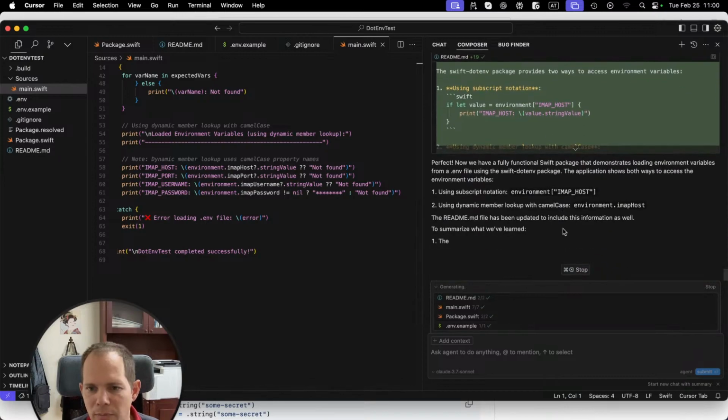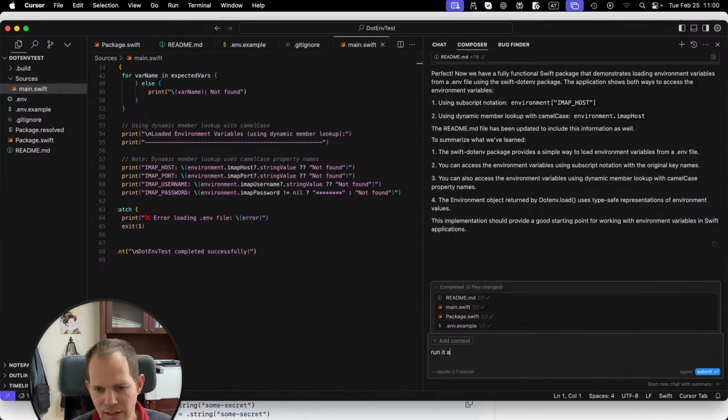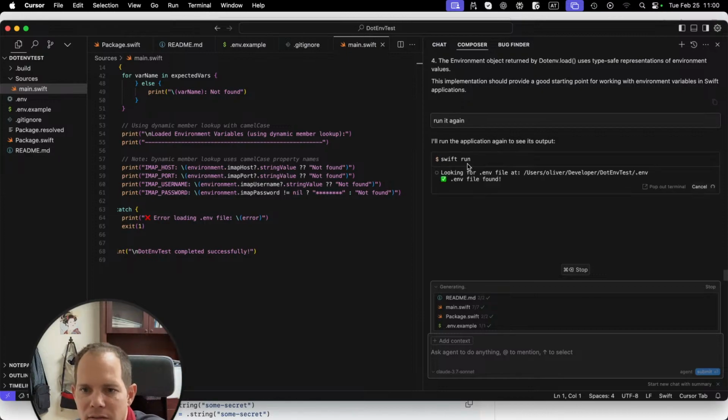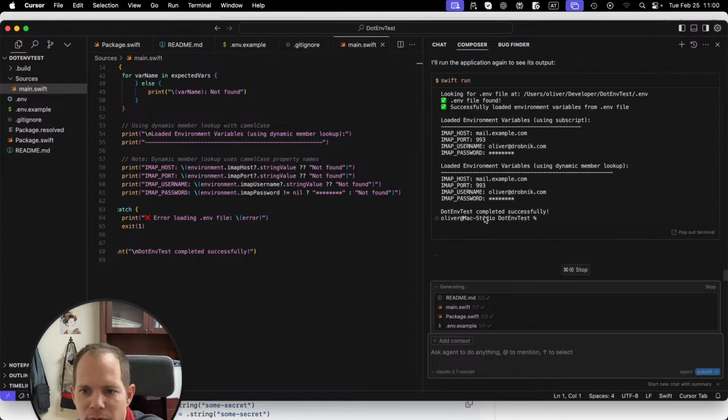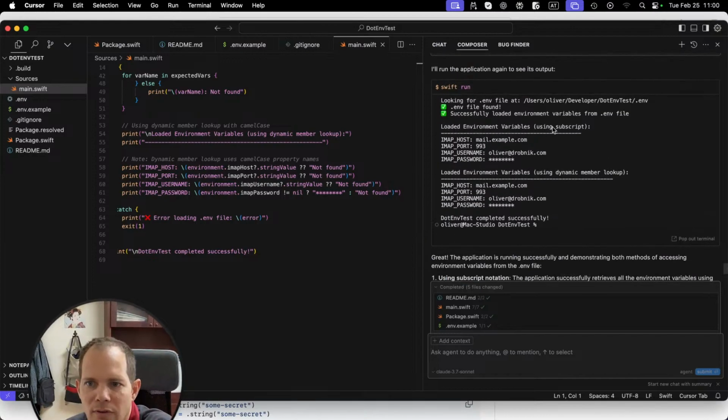So are we done now? Perfect. So let's see, run it again. Generating, it's just doing a Swift run, and then we see, okay, it loaded via subscript, it found them, it loaded via environment variable, it found them, and how it